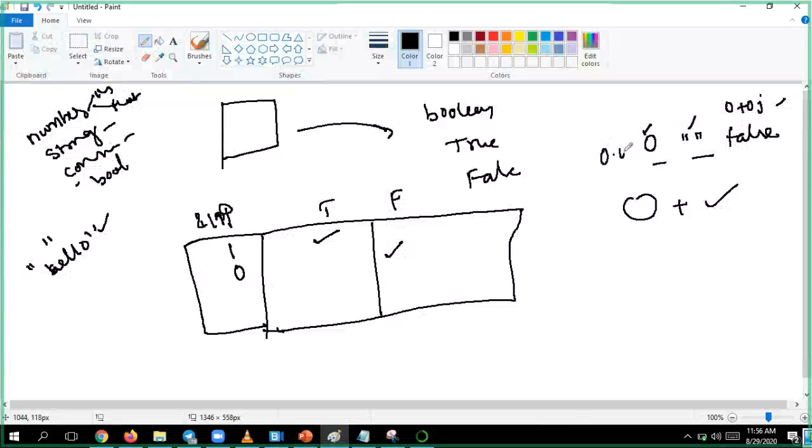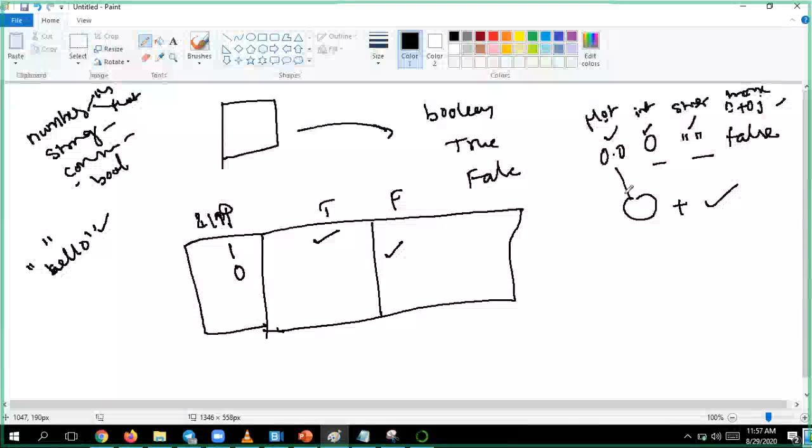If you have this condition, that is float. If you have this condition, that is integer. If you have this condition, that is empty string, or this complex. We have only 5 fundamental data types: integer, float, string, complex, and we are trying to convert any of these into boolean.